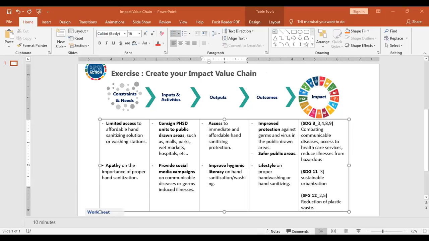All right. Okay. So actually, good job on this, especially on the first, anong tawag dito? Constraint. So you were able to give a specific problem. There is limited access to affordable hand sanitizing solutions or washing stations. So may kulang pa dito.